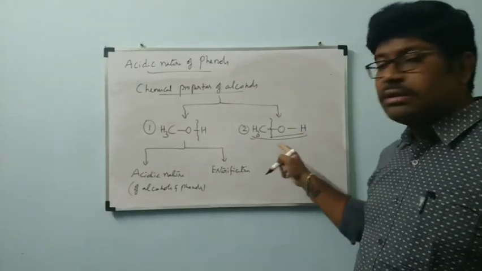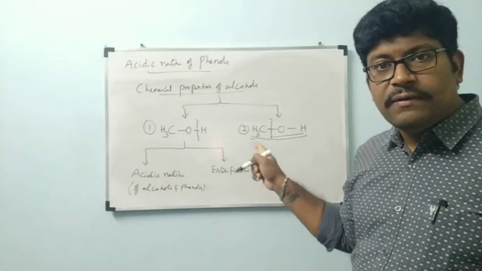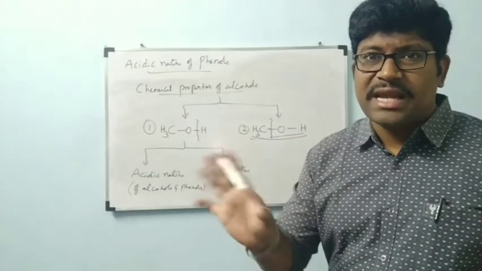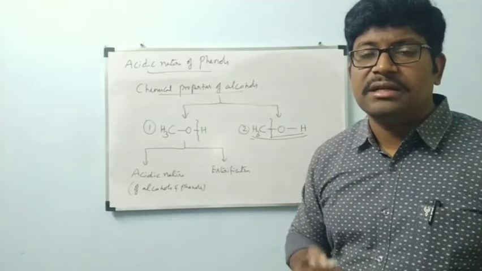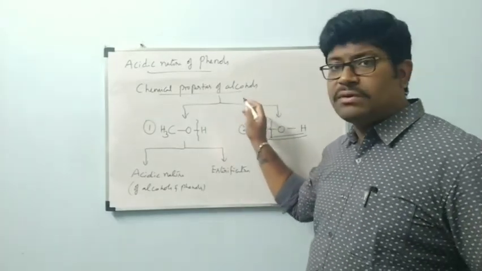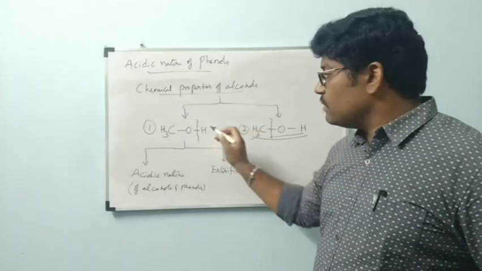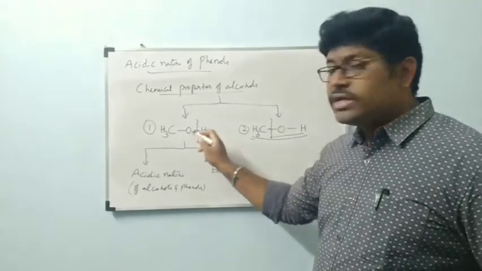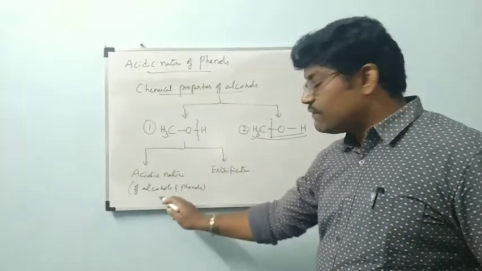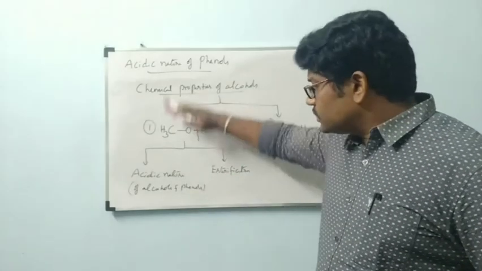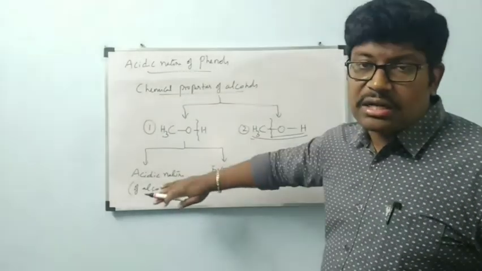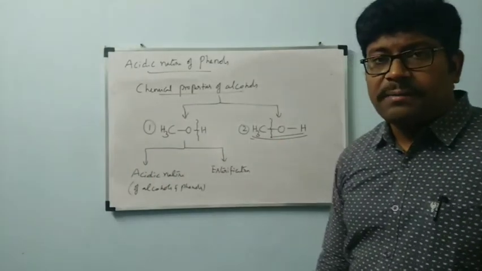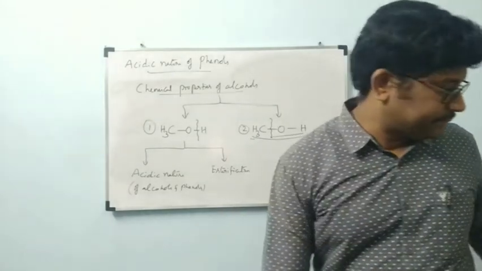After coming to the chemical properties of CO bond cleavage, we will see this total classification one more time. By that you will be clear which type of reactions come under which category, because two types of reactions are there. Alcohols will undergo two types of reactions, by the involvement of OH bond cleavage and by the involvement of CO bond cleavage. Till now we have seen OH bond cleavage reactions, those are acidic nature of alcohols and phenols and esterification. These two come under the reactions of alcohols which undergo OH bond cleavage. Now we have to see chemical properties of alcohols by CO bond cleavage.